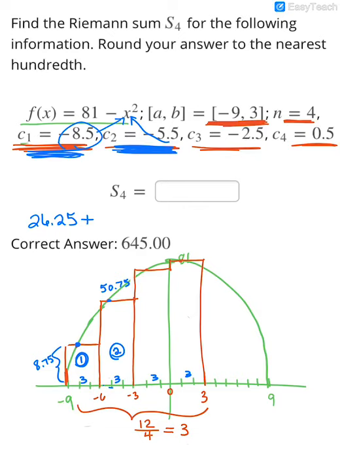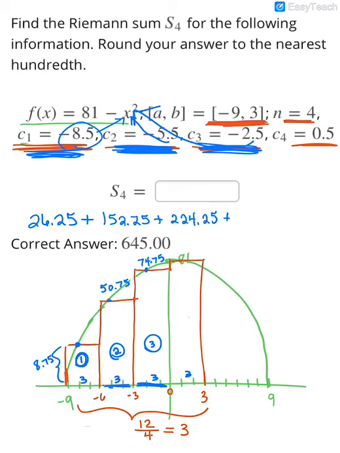So now looking at the area of that particular rectangle, if I take my base of 3 times my height of 50.75, I'm getting an area of 152.25. Now I move to my third rectangle. Again, has a width of 3. This time they told me to let it hit the curve at -2.5. So if I plug -2.5 into my function, 81 minus a -2.5 squared, I now have a height of 74.75. So for the area of that third rectangle, if I take my base of 3 times my height of 74.75, that third rectangle has an area of